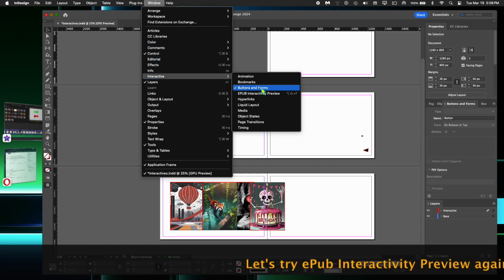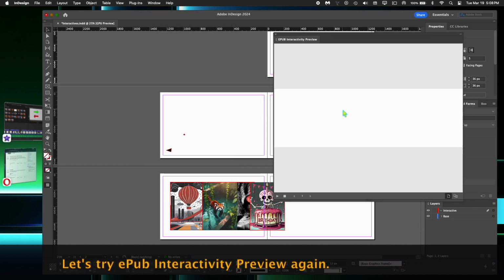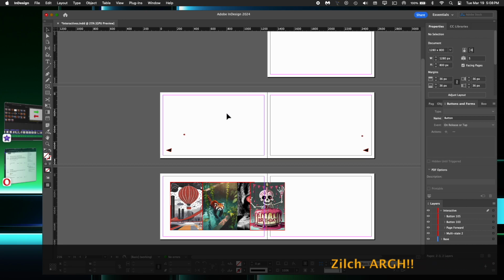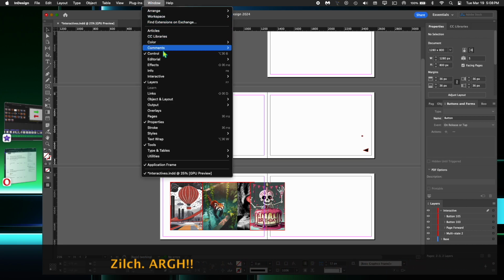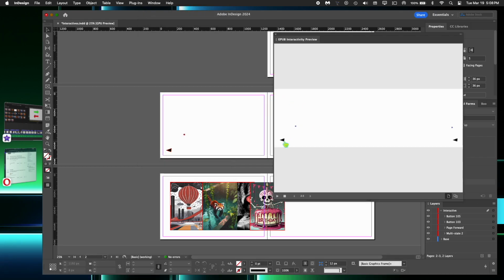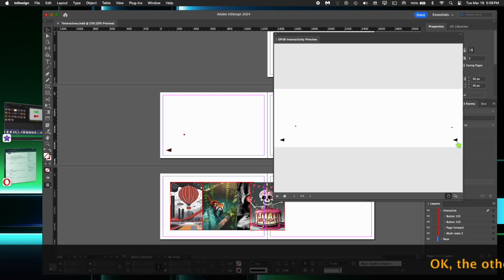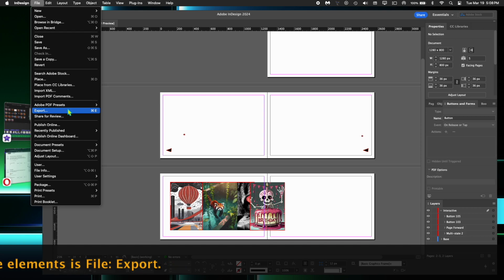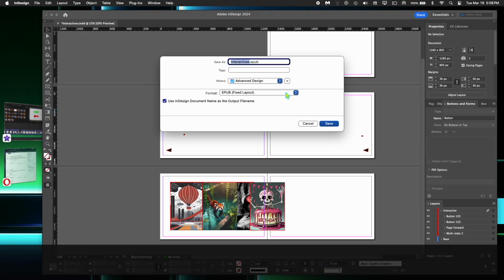So let's try that interactivity preview again. Not making me happy. Again, refresh it. Okay, so now there's my buttons, and they are active, right? My cursor changes, but it's not moving the pages. Okay, so there's some limits to the interactivity preview. So what your workaround is to go to File, Export, Export as an ePub,